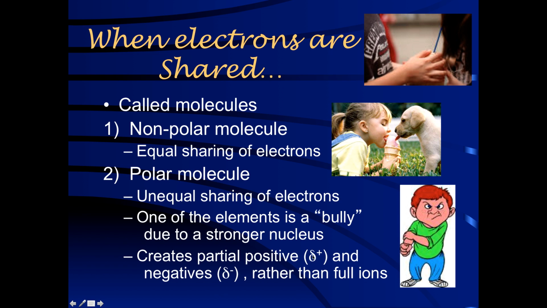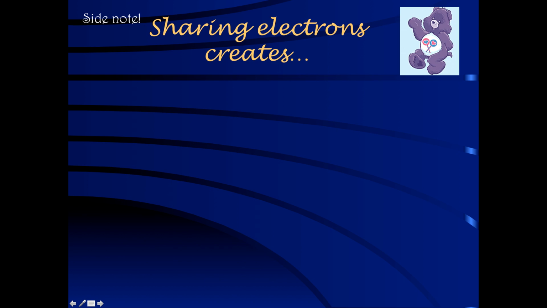And then you also end up with partial charges. You don't have full ions because the atoms haven't actually taken an electron. It's just that the pulling side is a little bit more negative than the side that's getting a little bit pulled away from, so that's partial positive. So those are molecules. All right, so when you have that happening, polar molecules or nonpolar molecules, so sharing electrons,